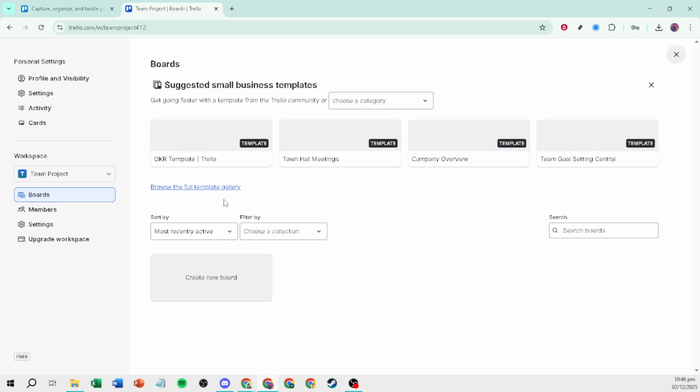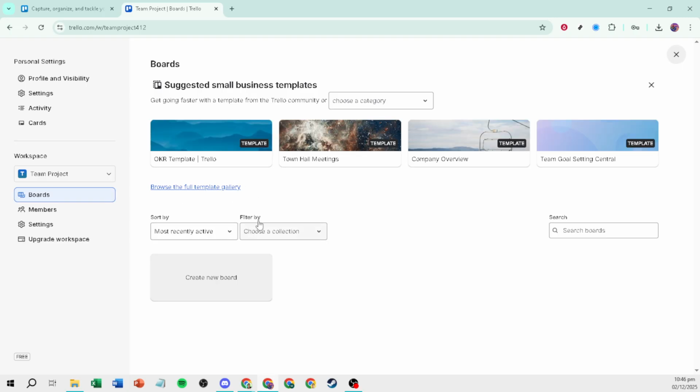To finish, select OK, got it, or the final confirmation button you see on screen. Trello will create your new workspace instantly. You'll land in the workspace area where you can start adding boards, setting permissions, and customizing the workspace to fit